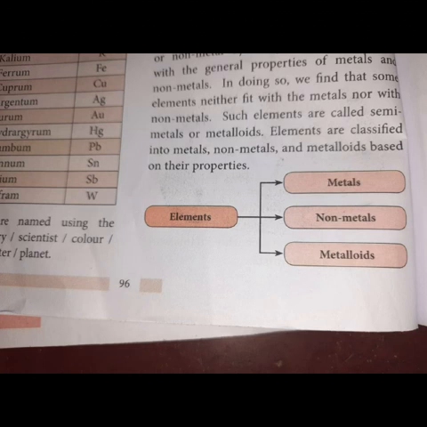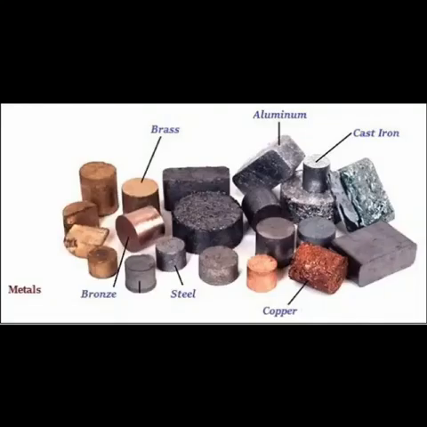Now we are going to study the physical properties and uses of metals. Iron, copper, gold, silver, etc., that we use in our daily life are called metals. Metals are solid under normal conditions of temperature and pressure. Most metals are hard. They are shiny, with metallic luster. They have high density, and the boiling points and melting points of metals are very high. Metals can be beaten into thin sheets. This character is called malleability.